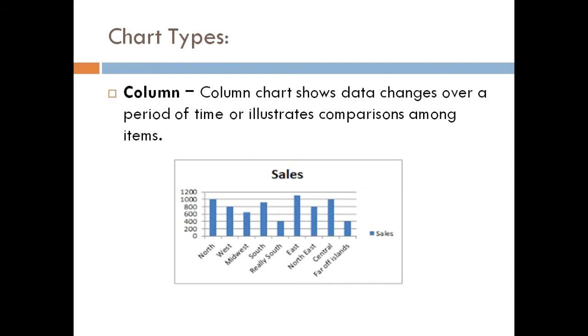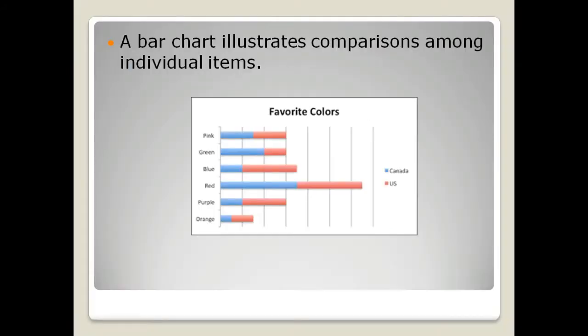As the figure also shows, we were having sales of different areas, different regions and their values. So the x-axis shows different regions, that is the text, and the y-axis shows the values, and these values intersect to form a column. So column chart is showing the comparison of sales among different values.